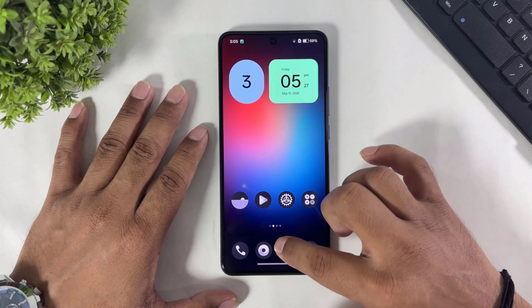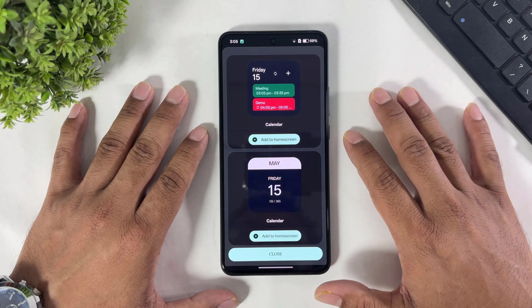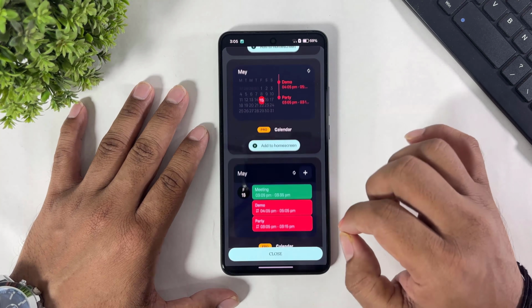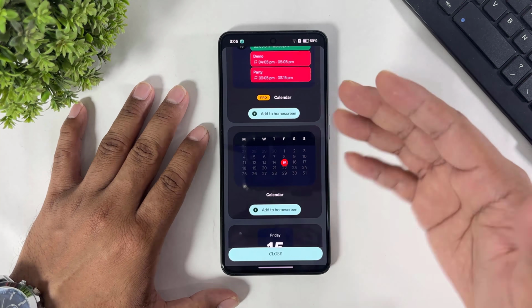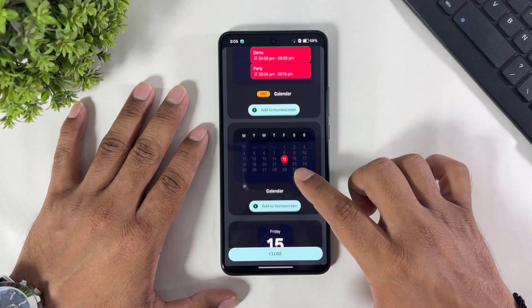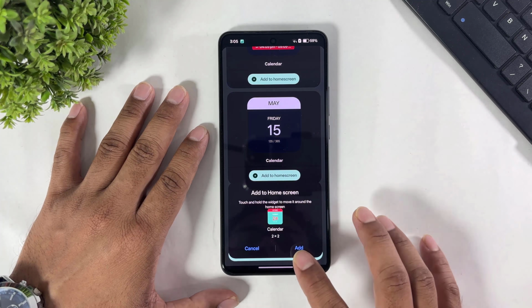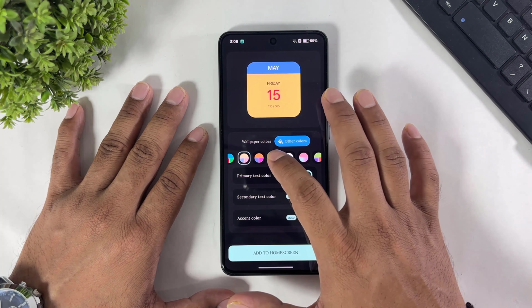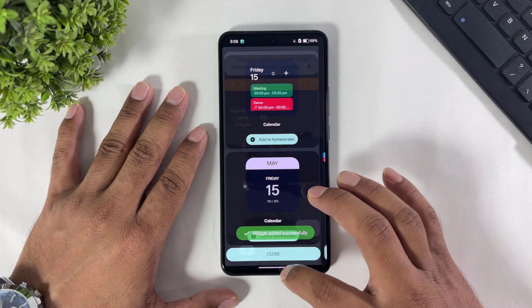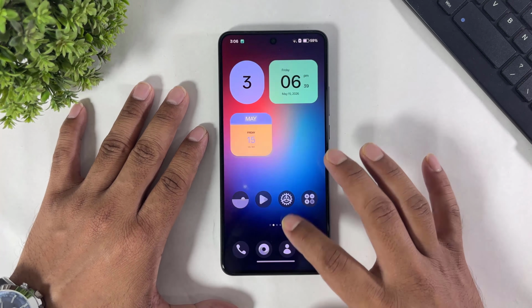Now let me show you the next widget, calendar. Look at this calendar widget. Complete Android 17 style widgets. Now next widget,